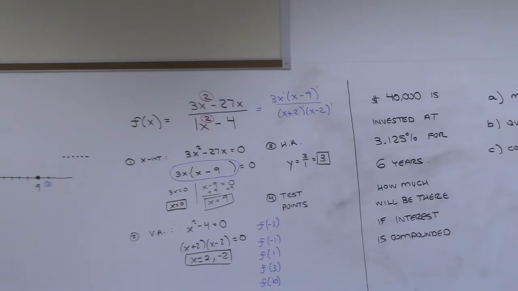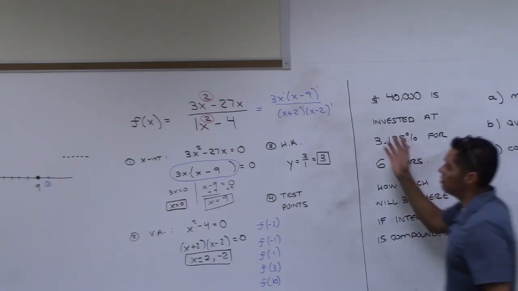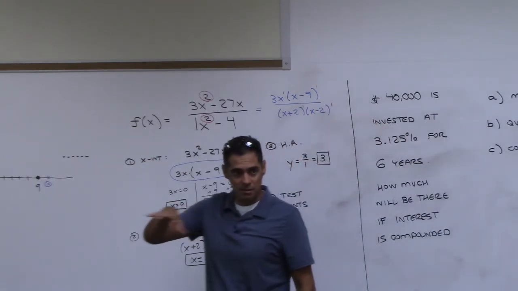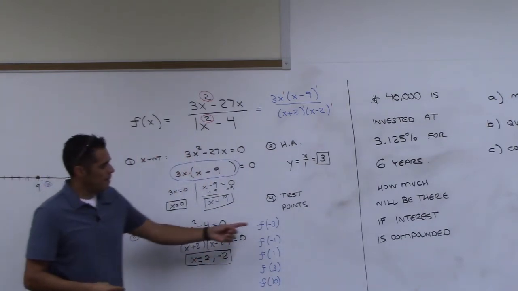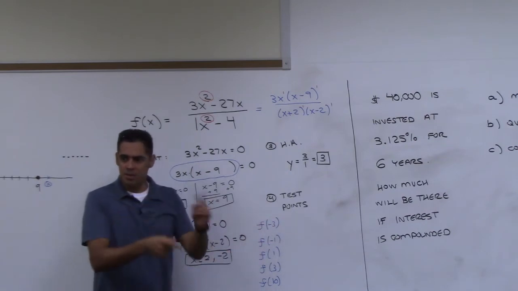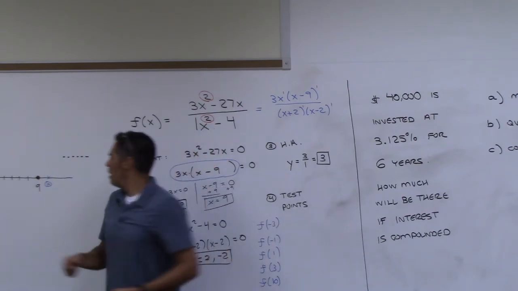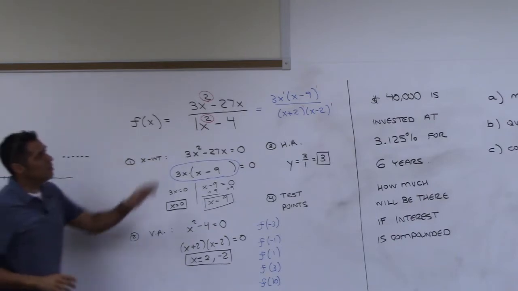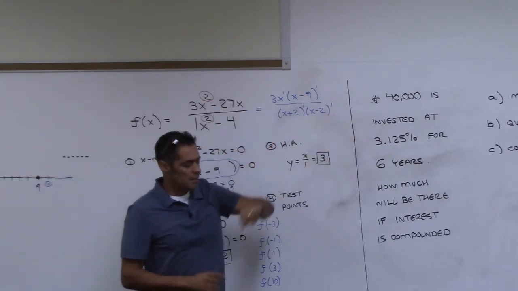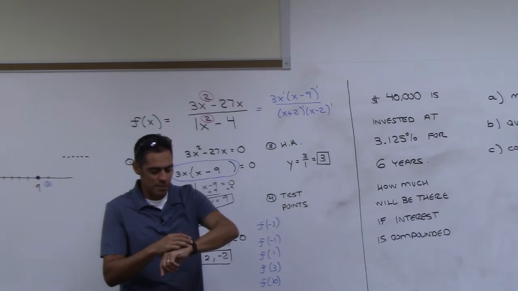Okay. So if your multiplicities are all odd, then once you find your first test point, the rest just alternate. So if we do this first test point, -3, and we get it to be positive, our next test point will be negative, then positive, then negative, then positive. That's only if the multiplicities are odd, which is exactly what you should expect on the test.